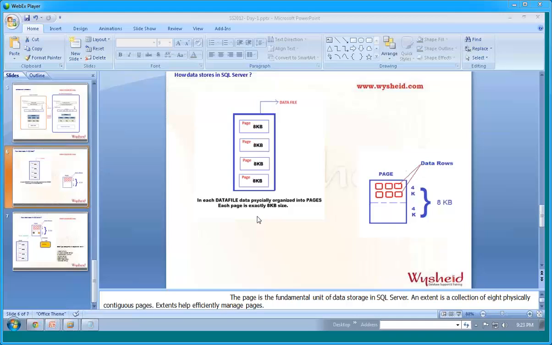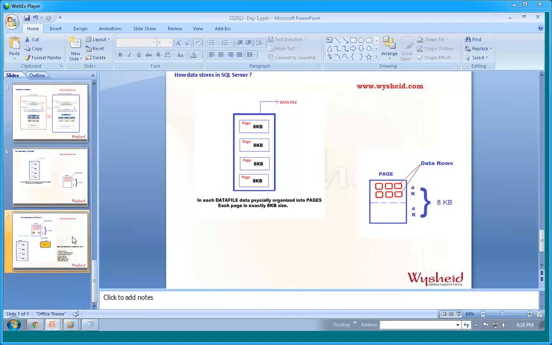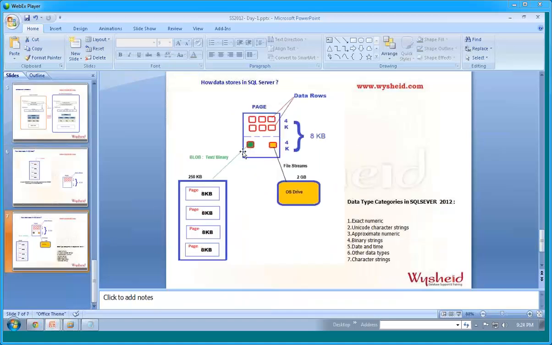Suppose my data row is 4K. It will sit in 4K on the page, and the rest of the 4K will be empty. And next, if I want to insert some other data, it will be stored in the remaining part of the page. So it is a collection of OS level